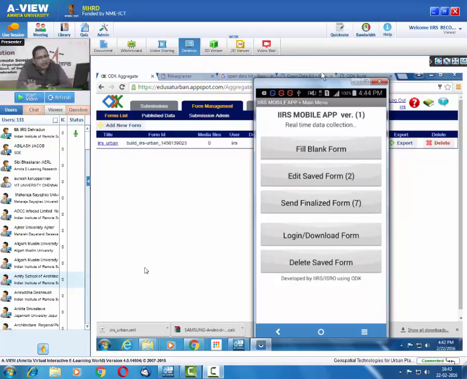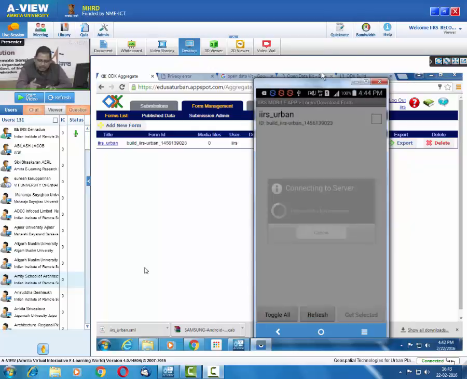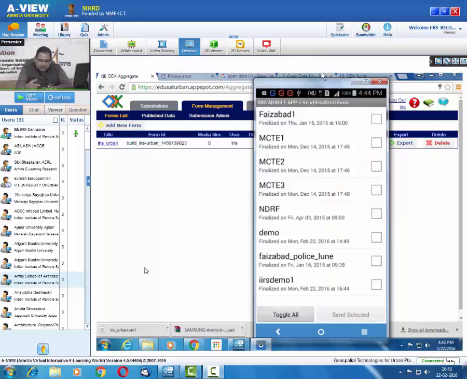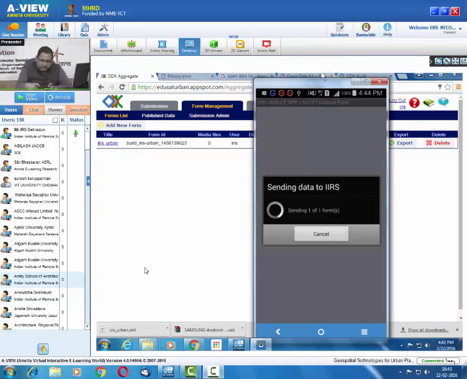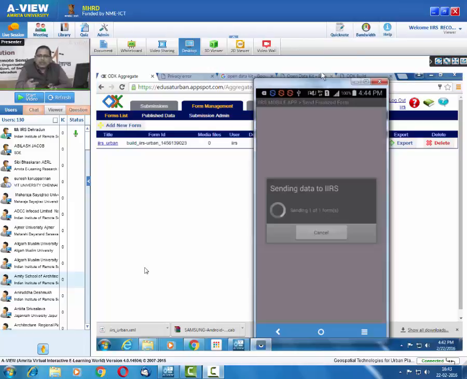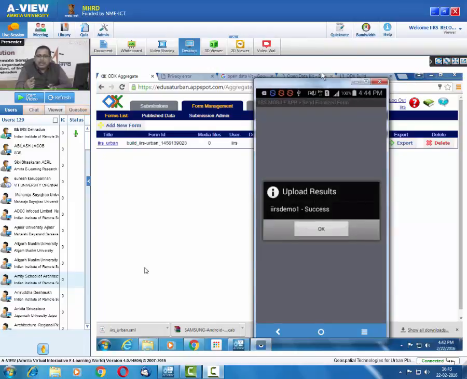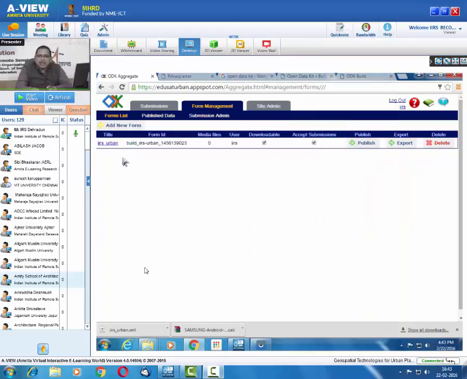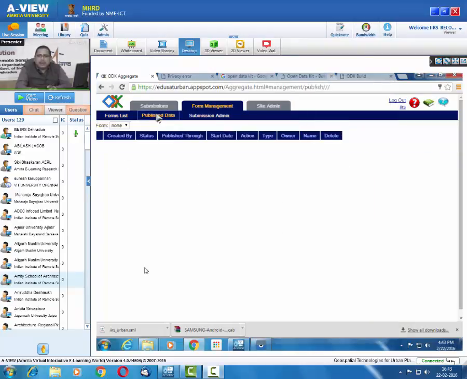Once GPS is available, it will automatically geotag, and then I can log in again to my server, what I have configured in Google Cloud, and send this data to the server. So IRS demo 1, this one where the green appeared here, you select it and start pushing the data to the server. Now one data is successfully uploaded. Quickly data is transferred. Now you can see once data is successfully done, easily you can see the data is also available in